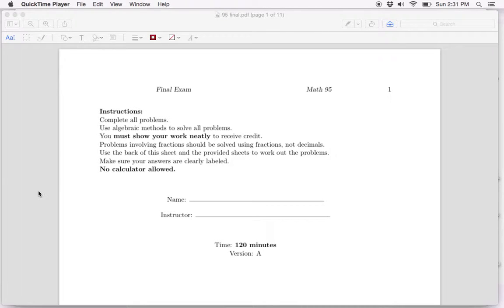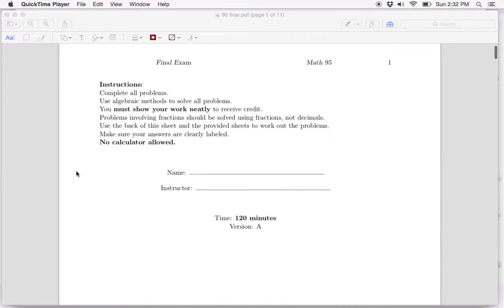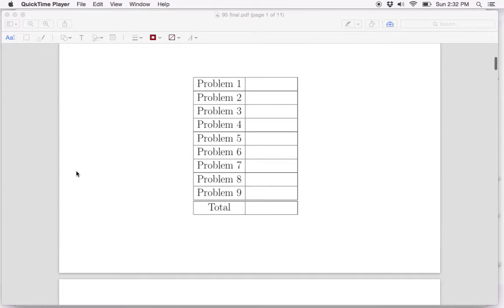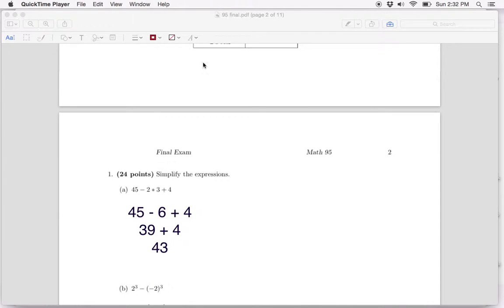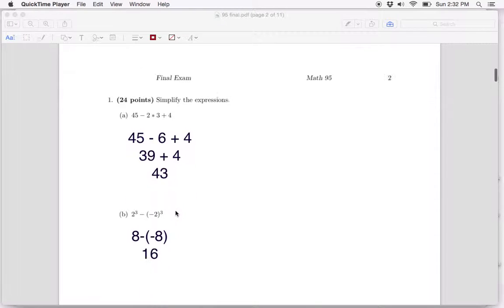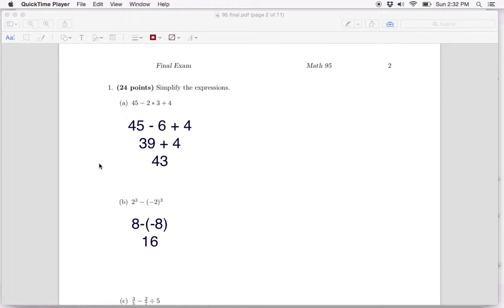Go through the 2014 final exam for Math 95 as a practice for this year. So I'm going to try to run through it pretty fast, but I'll email the PDF so you guys can see the work. The first several problems are just order of operation problems, so remember on this one, multiplication comes first, then you